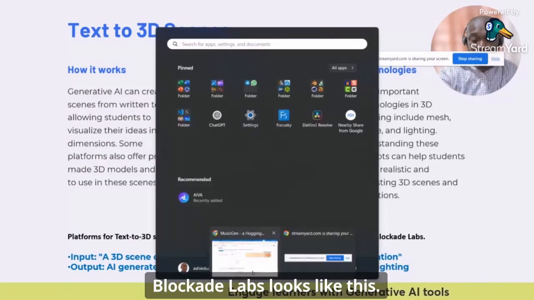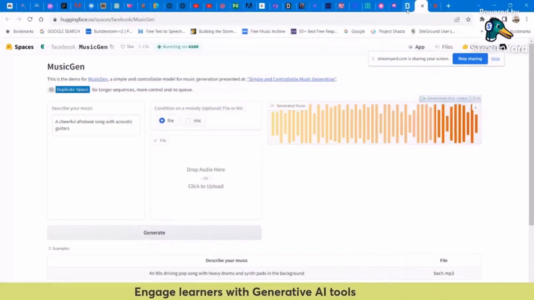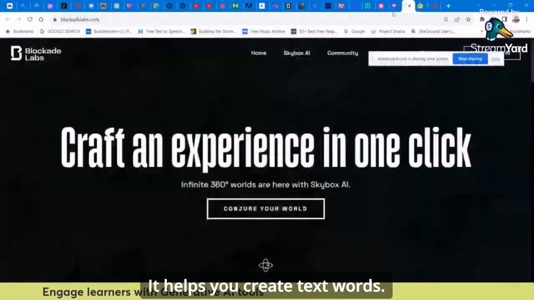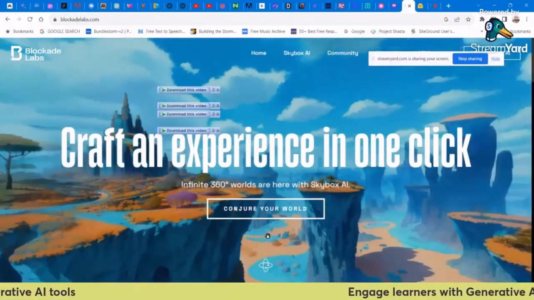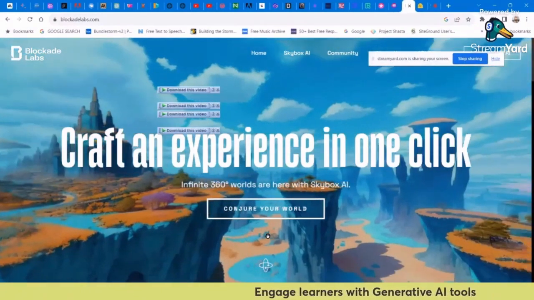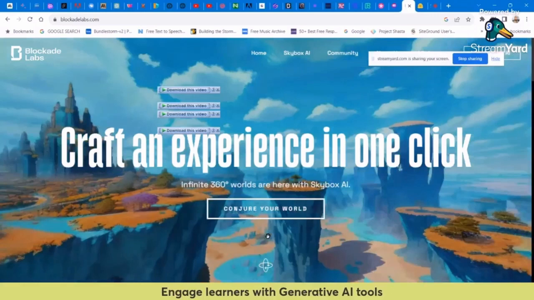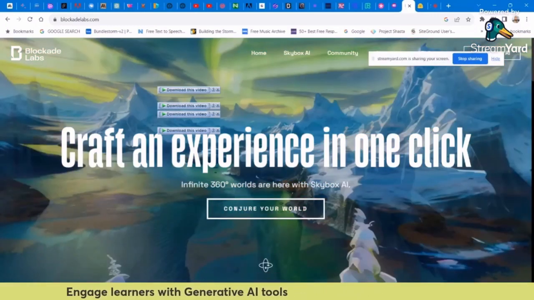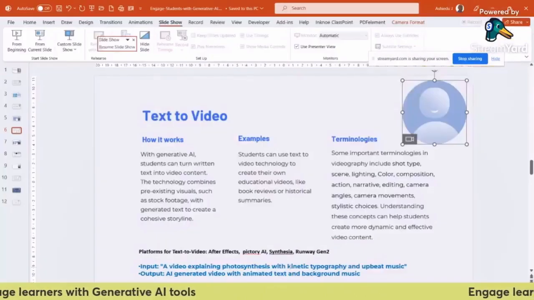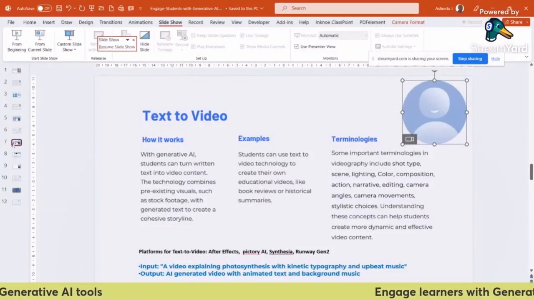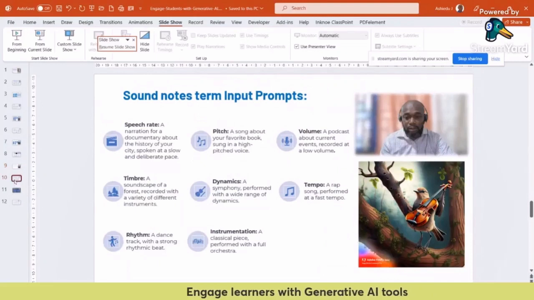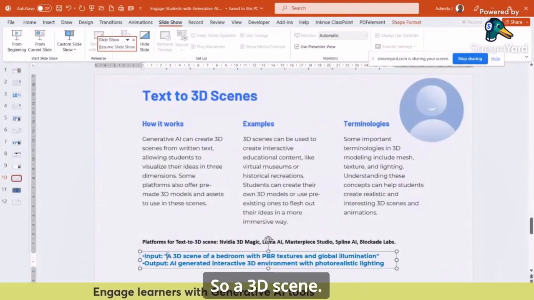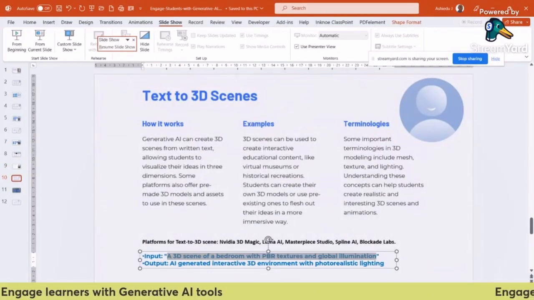Blockade Labs looks like this. So this Blockade Labs, it helps you create text to 3D scenes or 3D backgrounds or 3D worlds. So a 3D scene,